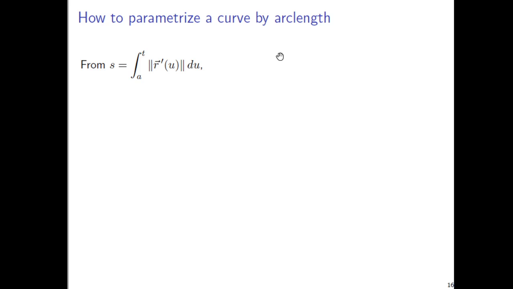Right, so one thing you can do is you can parametrize a curve by its arc length. The thing is that you've perhaps seen some parametrizations where the point seems to be zipping around very quickly, and at other moments in time, the point does not move very far very quickly at all. And so what you could do is from this arc length function that we just saw, due to the fundamental theorem of calculus, you can note that the derivative of s should just be the integrand that's in here,